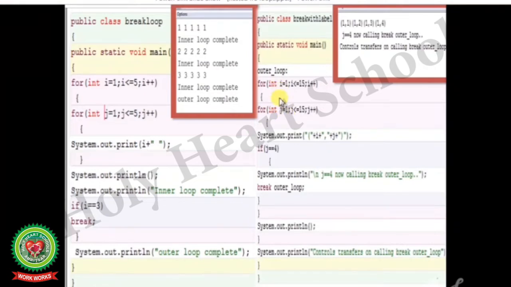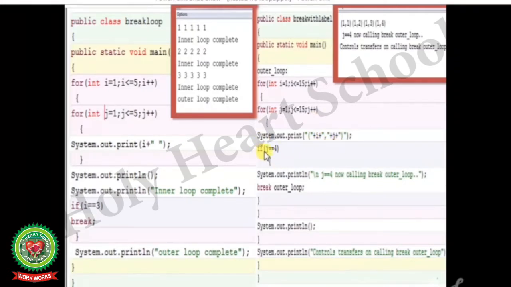The value of i is 1 and the value of j is 2. So it will print System.out.print 1 comma 2. Again the value of j is not 4. So again it will update the value of j, that is it will print System.out.print 1 comma 3. Again the value of j is not 4. So it will move back to the loop and it will print the value of i is same, that is 1, 1 comma 4. Now the value of j is updated, that is 4.